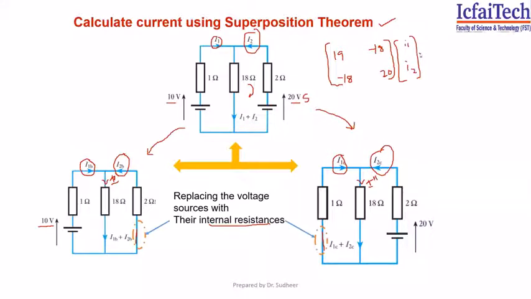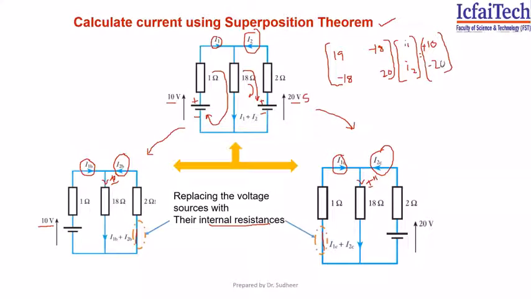which is equal to, here it is going to change. When you travel like this in the first loop, you are touching minus to plus 10 volts. On the right hand side, it will become plus 10 volts. If you travel in a clockwise direction in the second mesh, you are touching plus to minus of 20 volts. So it will become minus 20 volts.